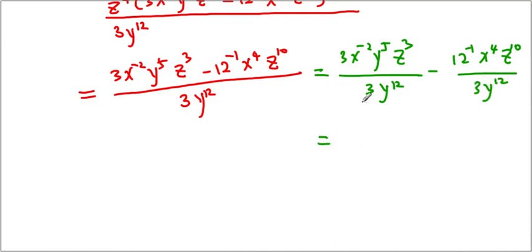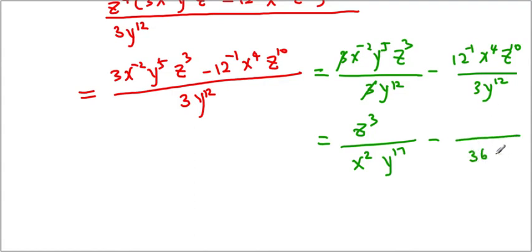Along this route, you get to see that the 3's can cancel out, and here z to the 3rd is on top, but on the bottom we have x squared and y to the 17th power. Now minus, here 12 to the negative 1 power brings 12 to the bottom, so we end up getting 36, and y to the 12th power, and x to the 4th, and z to the 10th. So that's one way for us to write them. Or if you want to just keep this one as is, that's one answer. Or another answer would have been